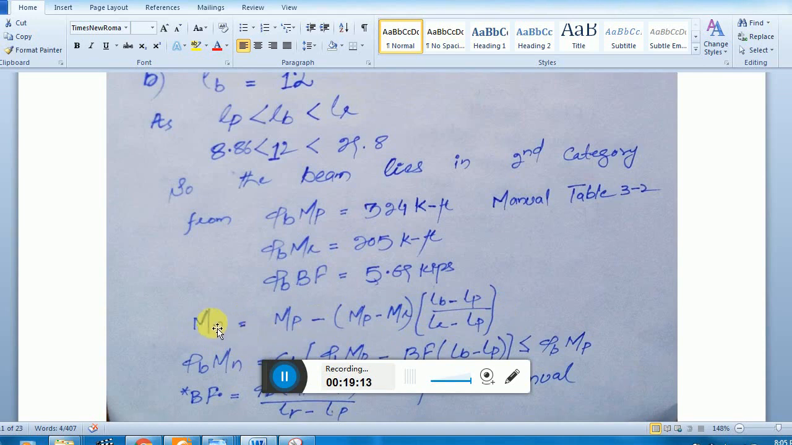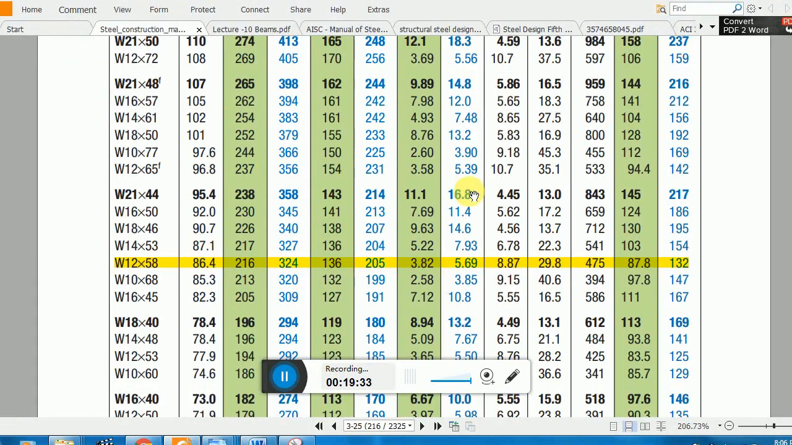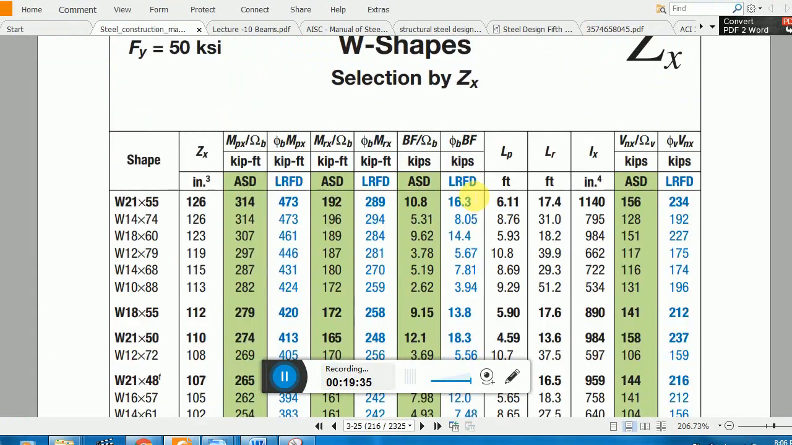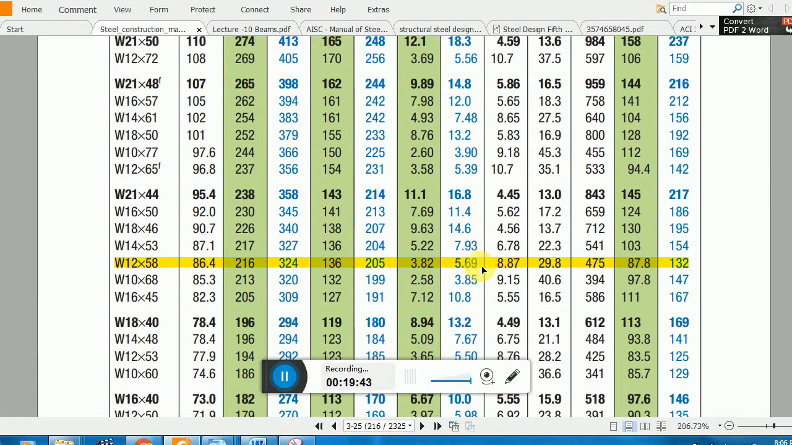When you are in zone 2, you have to use this equation, and you need these values. You can either calculate these values, or select them directly from the manual. I will show you where these values come from. In this manual, that is the 14th edition, you see the values phi b Mpx, phi b Mrx, and BF. So all the values: 5.69, 205,